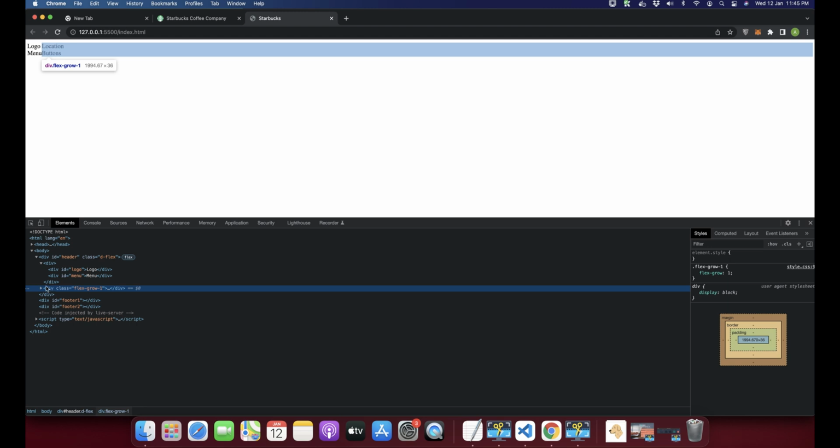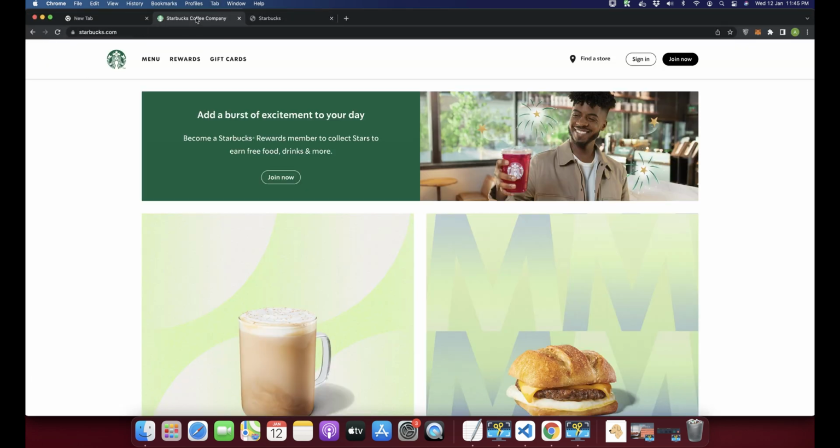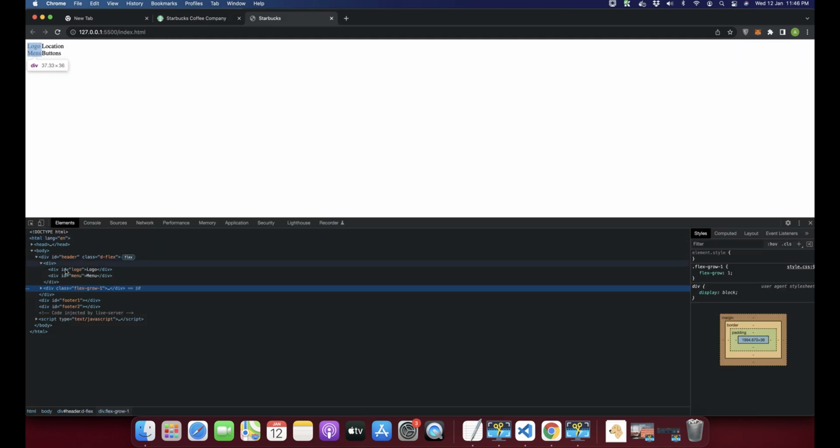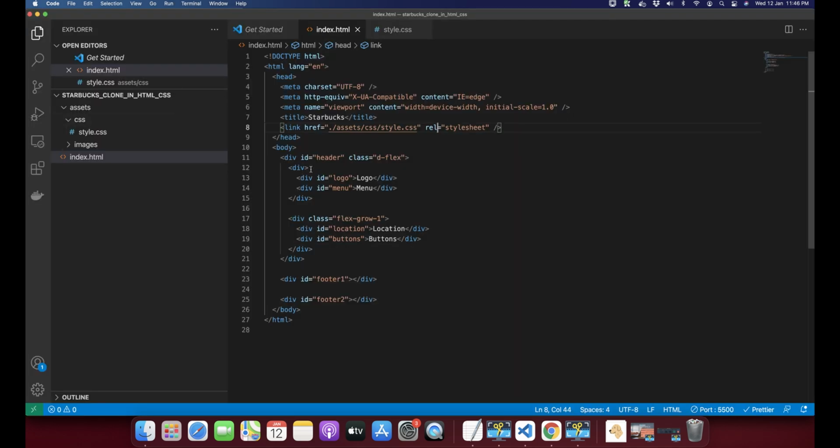Okay, so we need to add a minimum width to this logo section, but before that we need to add a max width for it so that it could be in the middle of the layout. Right now it is consuming the 100% of the width of the body. So for that, let's